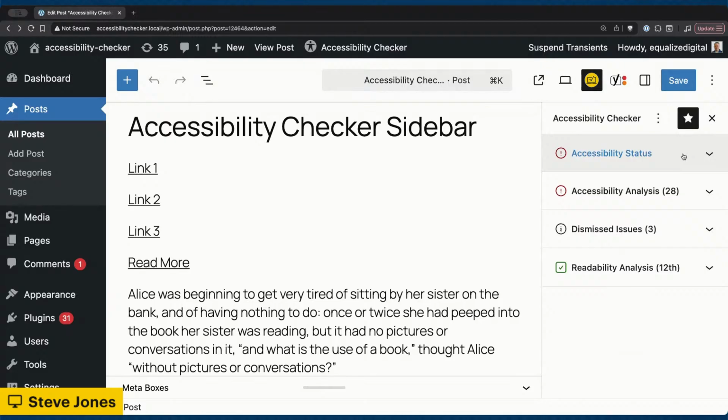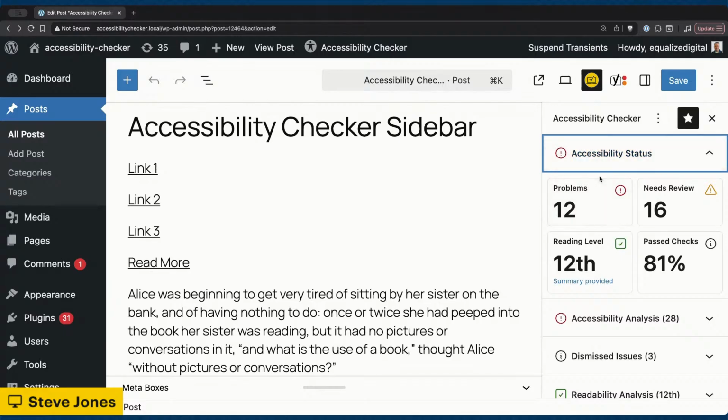If everything passed, this would be a green box with a check in it. So for something that needs attention, we have a circle. Is that the information icon? Or the alert icon? It's the exclamation mark. Thanks. So we have a red circle with an exclamation mark, and then if it's something